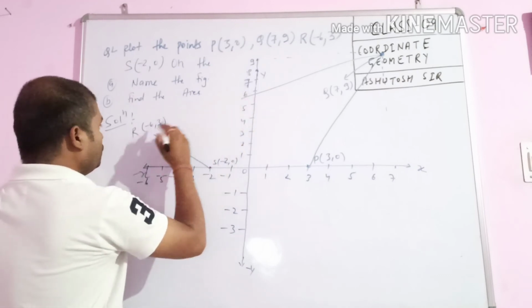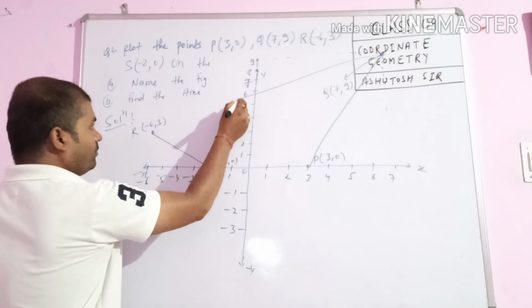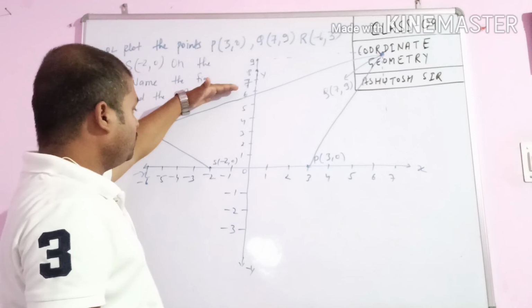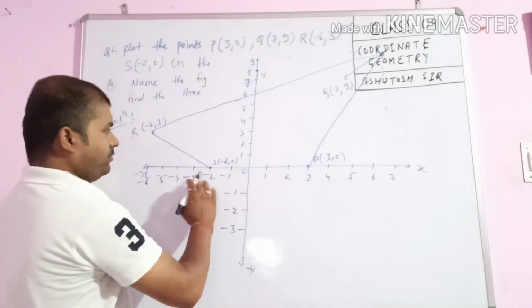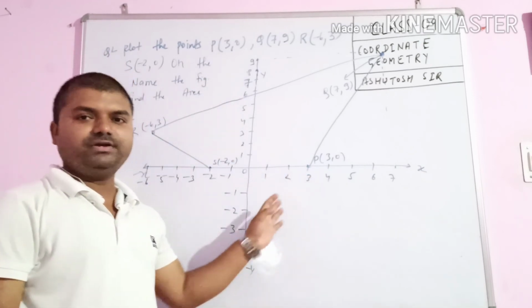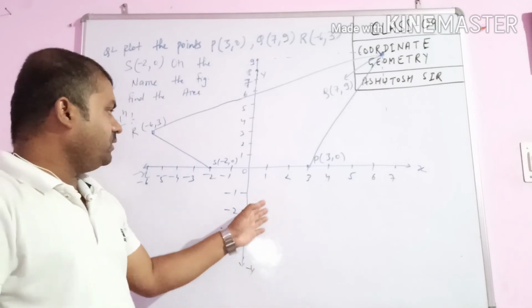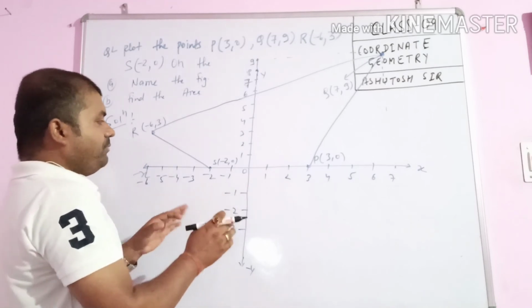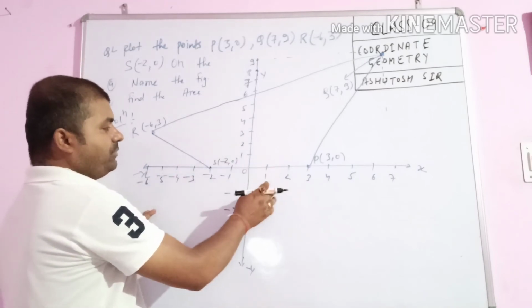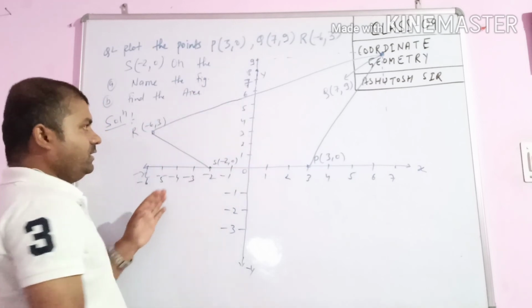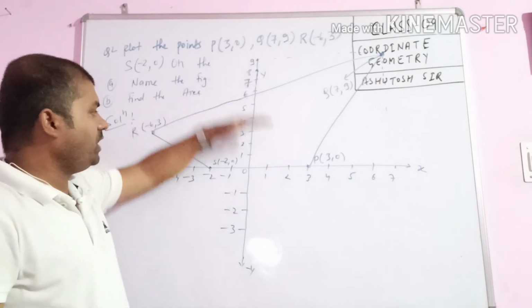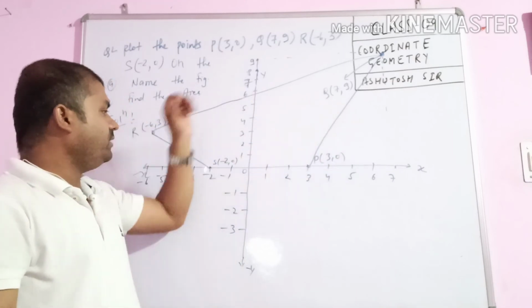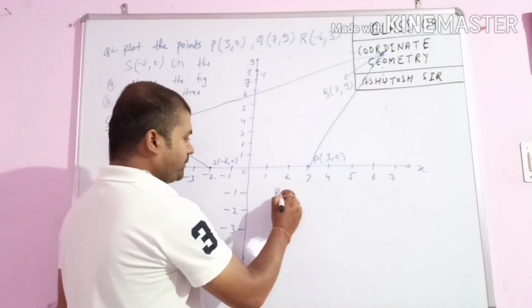Here we get two parallel lines, RQ and SP. On graph paper this figure is obtained very accurately, but this is a whiteboard, so there are a few mistakes here. But if you plot these points on graph paper, you get the correct figure. Let us see: these two lines are parallel, and these two lines are non-parallel. So we get here PQRS is a trapezium.